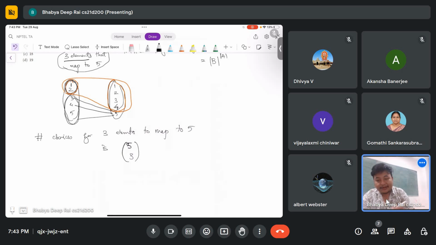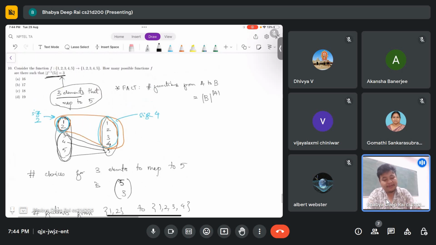So how many ways are there? This set, if you visualize, is of size 2, and this set is of size, by which I mean cardinality, 4. So the number of functions from {1, 2} to {1, 2, 3, 4}